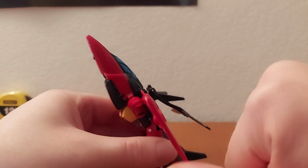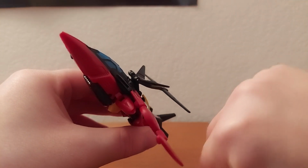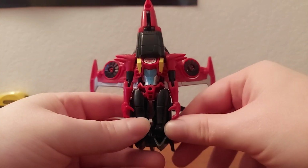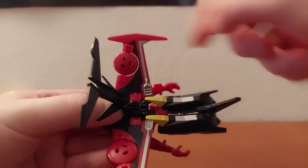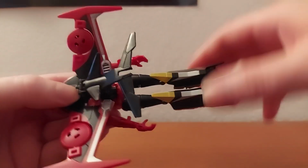Next thing you want to do is just kind of push up the wings, and they kind of already want to push up. You can see I just barely push it, and it just pops up. So just push those back. We'll come underneath the jet and just untab the arms here. Next thing you want to do is come back here, move out of the way, and then bring down the legs, bump the camera,